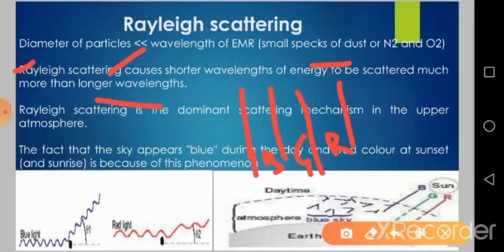Blue has a wavelength which is smaller compared to the red. Red is at the higher range. So due to the Rayleigh scattering, the band which has the shorter wavelength, blue, is going to be scattered much more compared to the red. So this is the reason why the sky appears blue during the day,